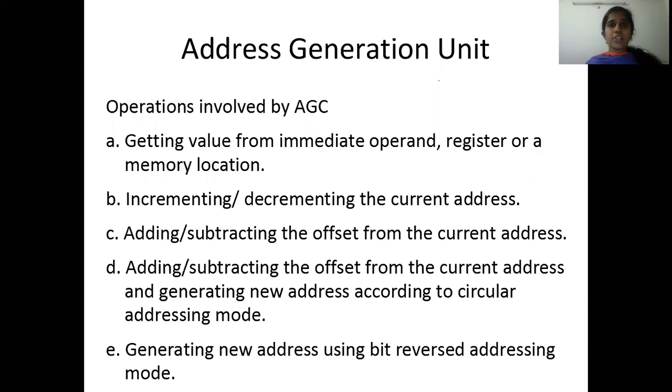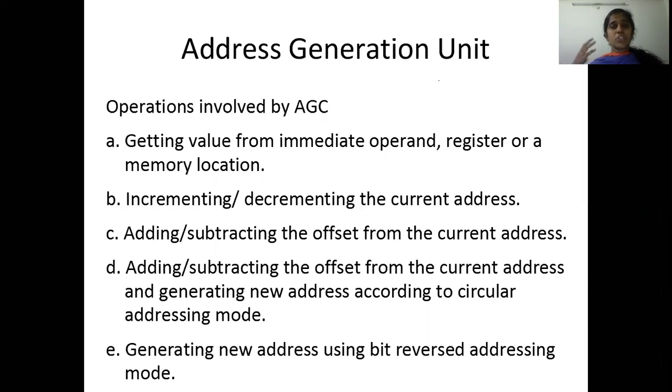Now today's lecture is related to the address generation unit. What is the address generation unit and how is it very important in digital signal processors? As we are discussing the digital signal processor architecture, we are going to discuss the key role of this address generation unit. At the same time, we are going to discuss external interfacing, how we interface our digital signal processor with the outside world, and some basic features in this session.